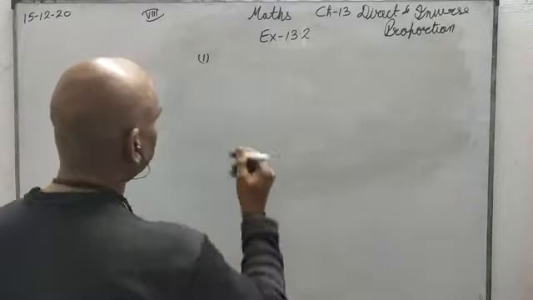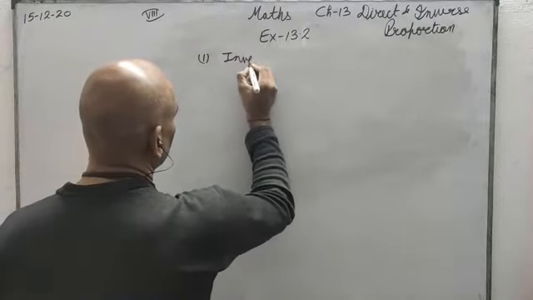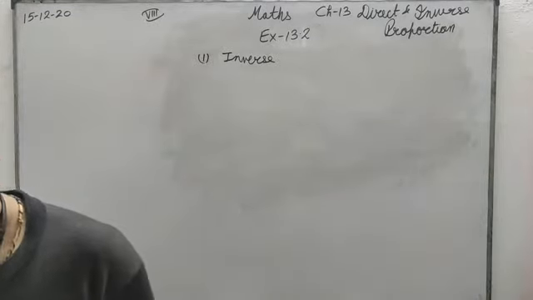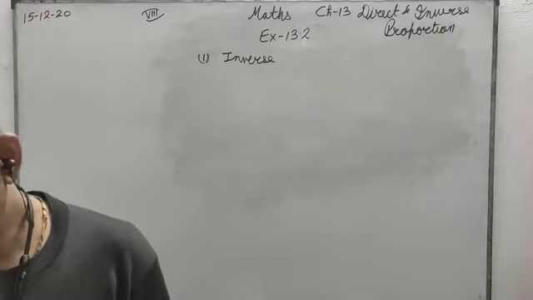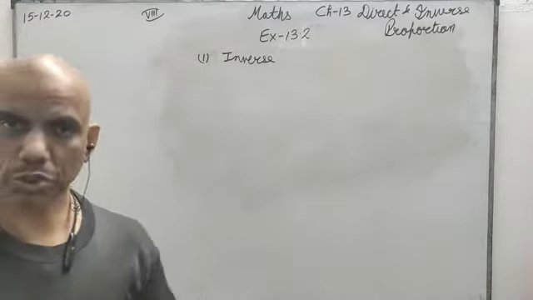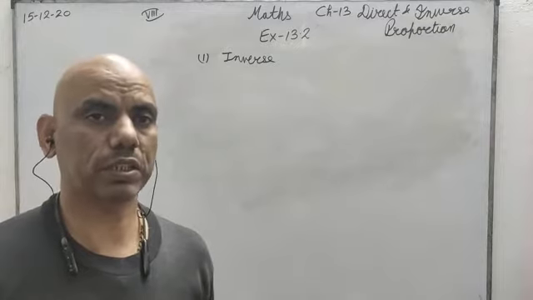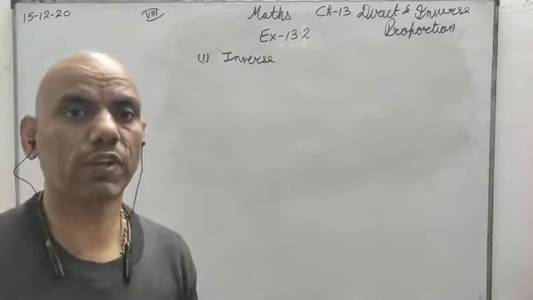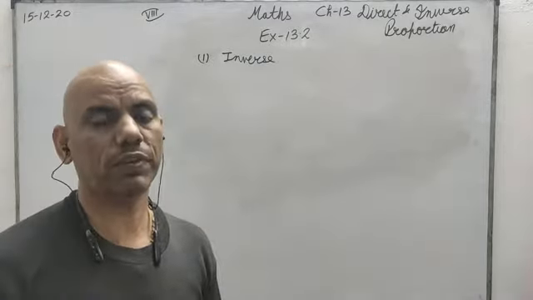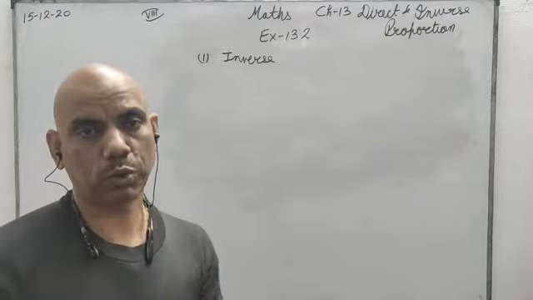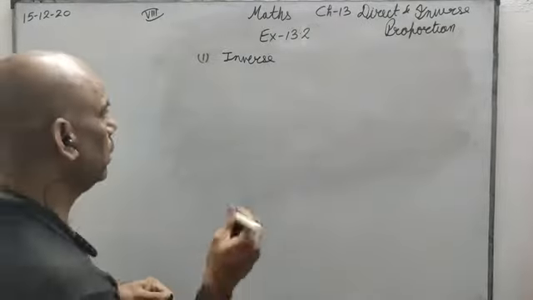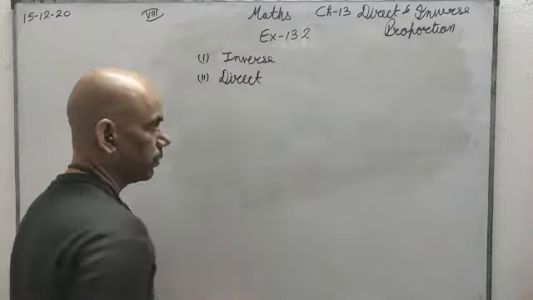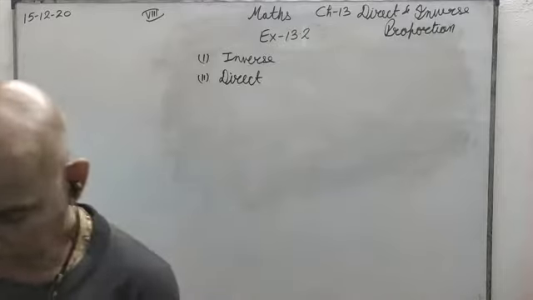Have a look at the next one. The time taken for a journey and the distance traveled at a uniform speed. Speed is uniform. Now, time taken and the distance. The more distance we have to travel, the more time we will take. The less distance we have to travel, the less time we will take. So both of the things are increasing or decreasing. So it is a case of direct proportion.